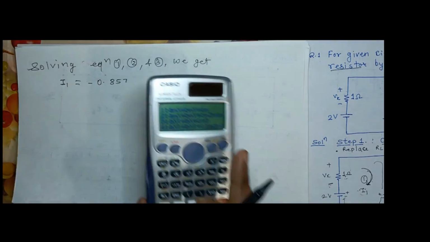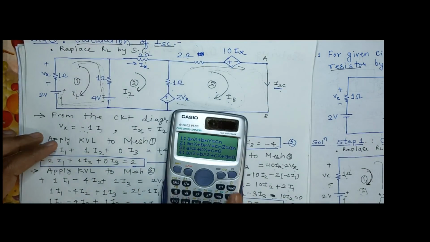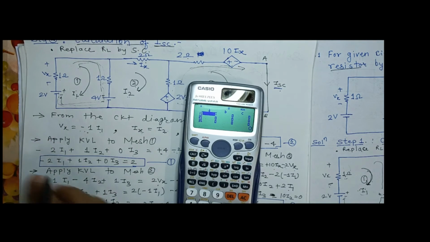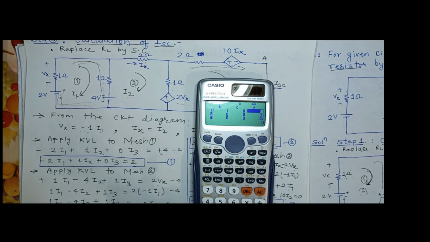Fifth, there are 5 unknowns. Sorry, 3 unknowns. So I will consider 2 number. So this is 2. First, what is the magnitude of I1 here? I am considering equation number 1 first. So minus 2, minus 2, then 1, then 1, then 0, then 0, then minus 2, so then